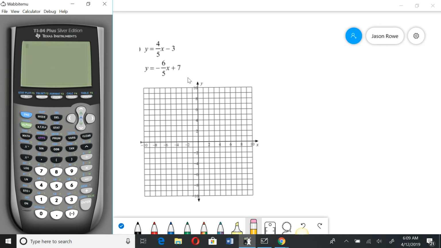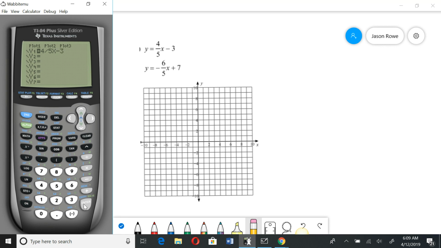So we're going to graph both of these equations. To graph a system in the TI-84, we're going to go to Y=, which is right here, this top button. And we're going to type these equations in just like they are. The button that you're going to use for your variable x is right here. You don't have to put in y because these are already y equals. So I'm going to type this in: 4 divided by 5, and this button right here is our variable x,